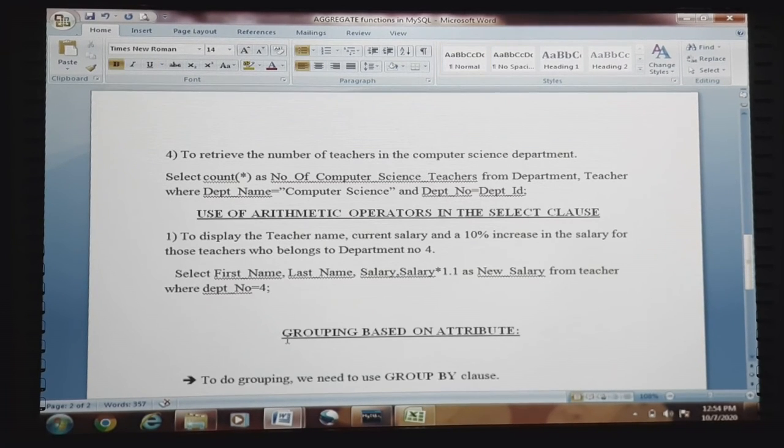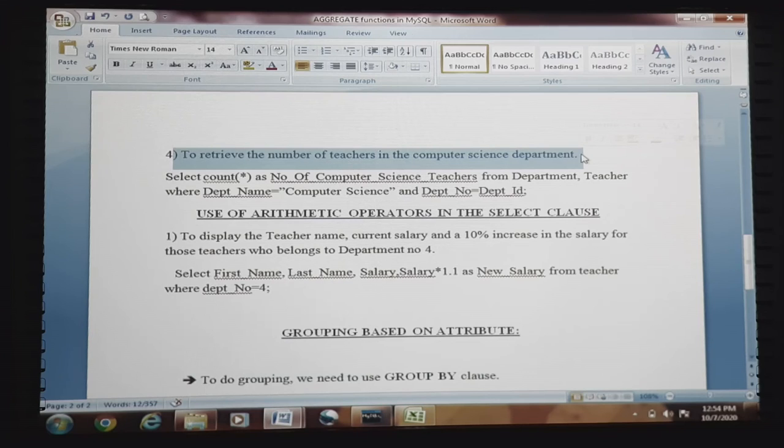Now one more query which we are going to learn in aggregate functions is whenever there is a need for retrieving the number of teachers in a particular department. Suppose in a particular department we need to count the teachers. In such a situation also we may go ahead with an aggregate function.